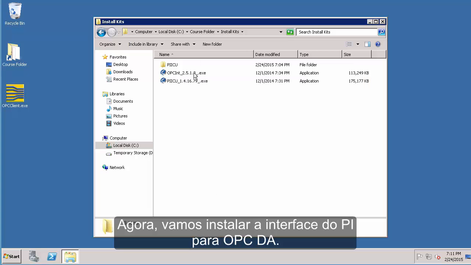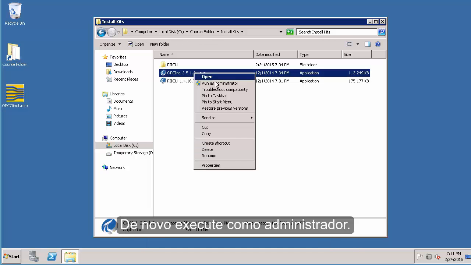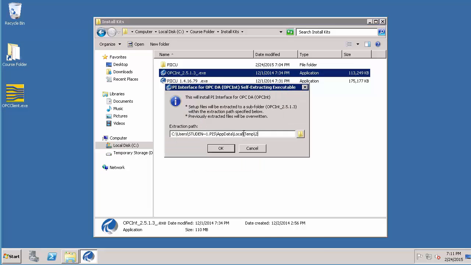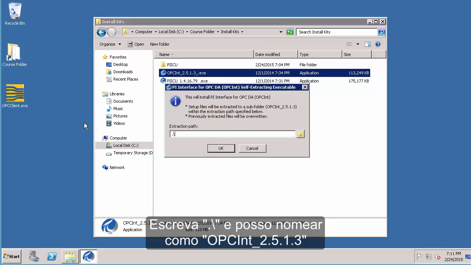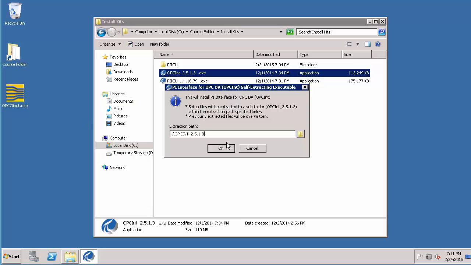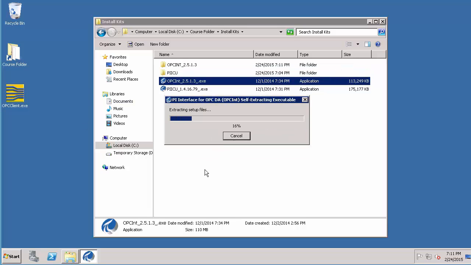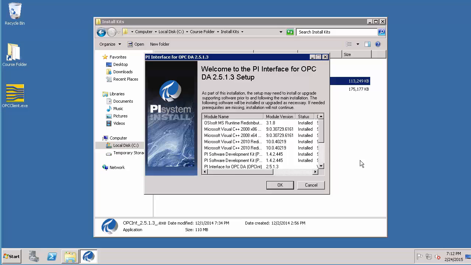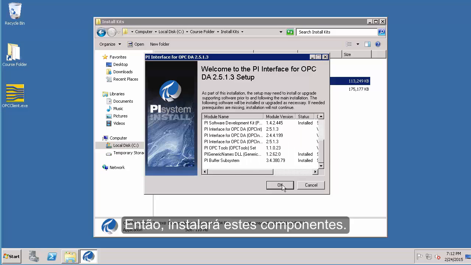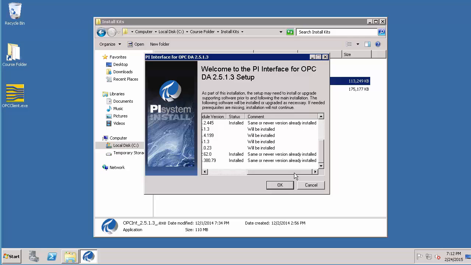Now let's go ahead and install the PI Interface for OPC-DA. Again, right click this application, enter /. I can name it as OPCInt_2.5.1.3. So it's going to install these components. So let's acknowledge, say OK,